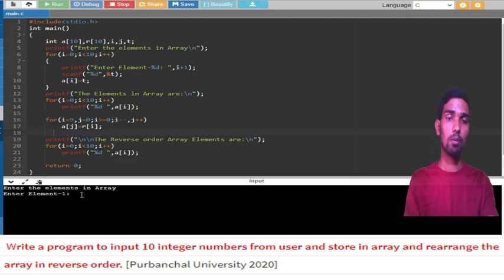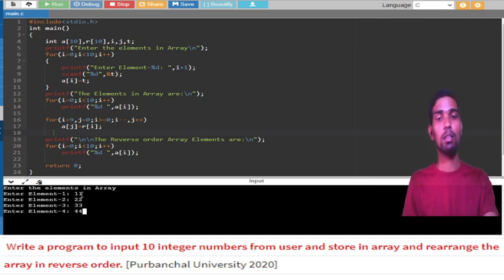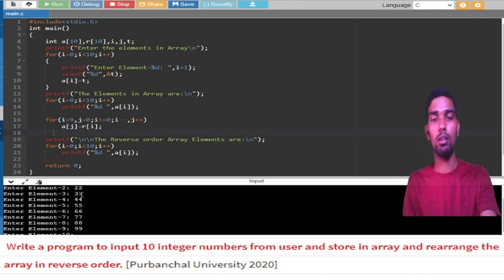I have some problem with the keyboard. Second element is 22, third element is 33. Like that I am giving 44, 55, 66, 77, 88, 99 and 100.